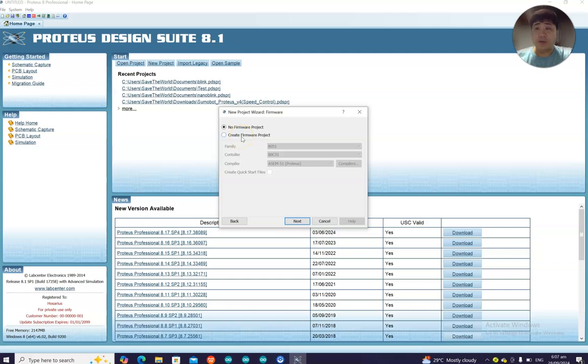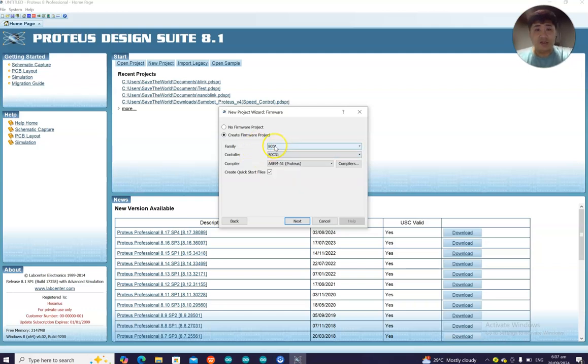Then if you want to embed a program to a certain microcontroller, you can create firmware, and you can choose here the different microcontroller families that you will be using. So if you are using Cortex, you could use STM, or if you will be using an Arduino microcontroller, which is based on AVR, then you could use this one.